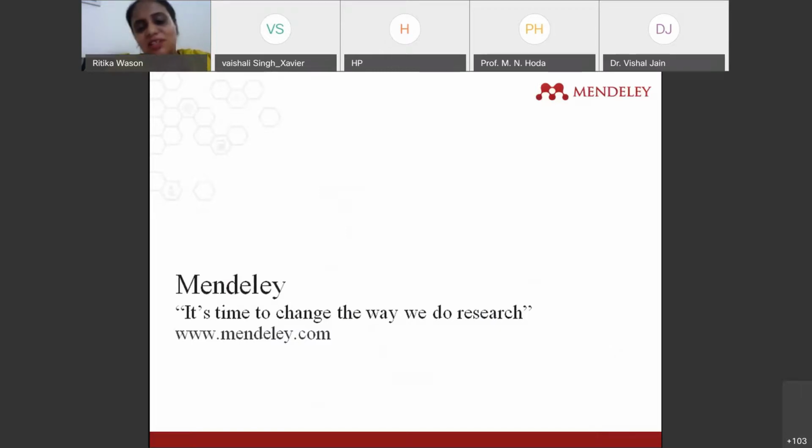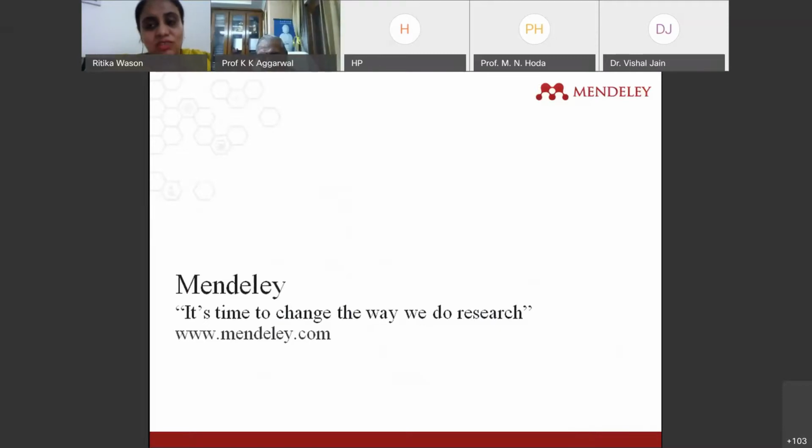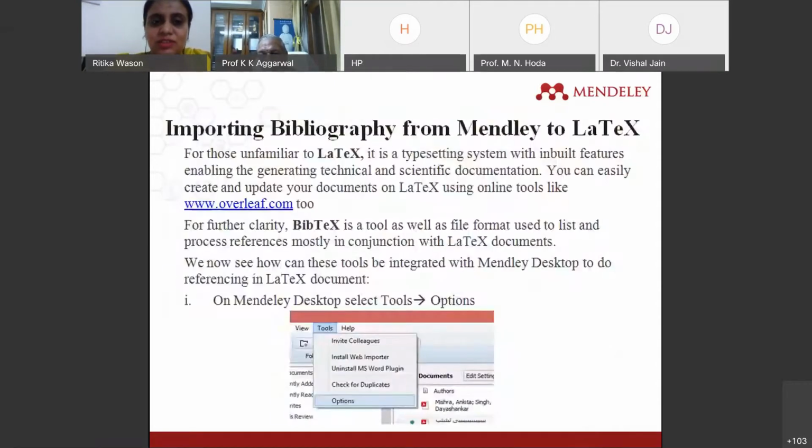But remember, it's time to change the way we do research. It's time that we all do much better qualitative research, and Mendeley is going to be a great tool to help us in that. Mendeley can be used on all platforms. You can even use it on LaTeX. I won't go into the details at the moment because we have less time, but my slides I'll share with you. They have the complete